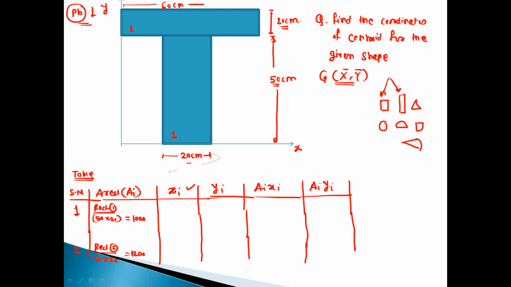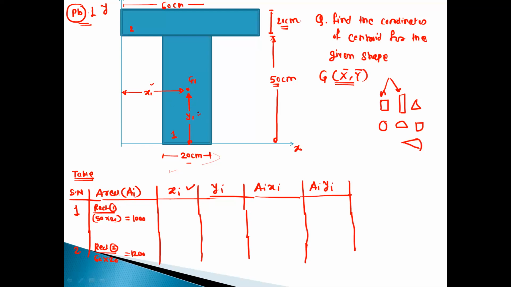Now locate the X coordinate of the centroid for the rectangle 1. So for the rectangle 1, we know the center of gravity or the centroid. So this is G1, the location of the centroid. Okay. Find out its X coordinate. So this is X1 with respect to the Y axis. And this is Y1 with respect to the X axis. Distance along Y axis is nothing but Y1. Distance along X axis is nothing but X1.